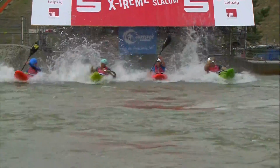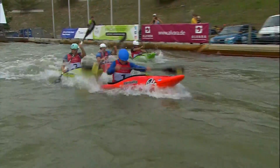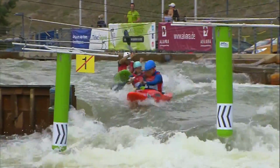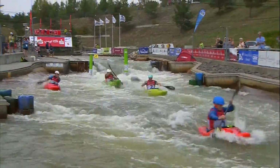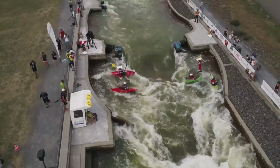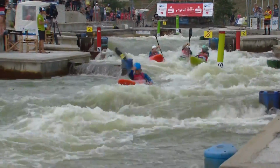Well, we are into the final of the Extreme Canoe Slalom men's kayak, and it is Etienne Chappell of Great Britain who gets an outstanding start ahead of Max Carlsen, then Fredrik Valen, then Tren Long. So they're going in number order in the early stages of this competition, but what will they do coming into the first upstream gate? Max Carlsen got a bad hit through one, but doesn't seem to have been affected at the moment. Etienne Chappell goes cleanly through the first of the upstream gates, and equally well Max Carlsen comes out through gate 3,